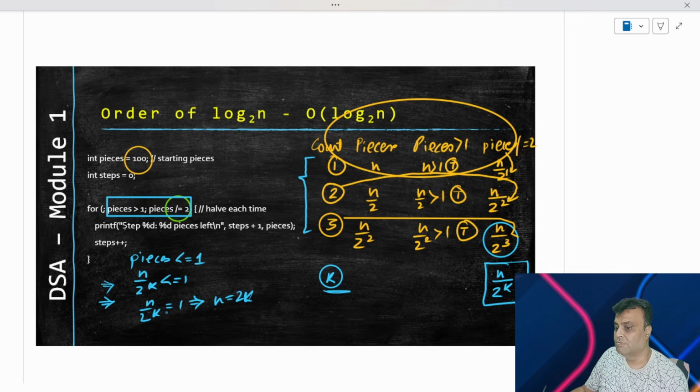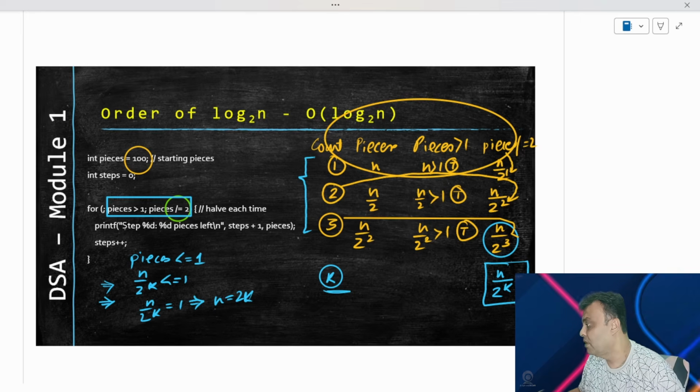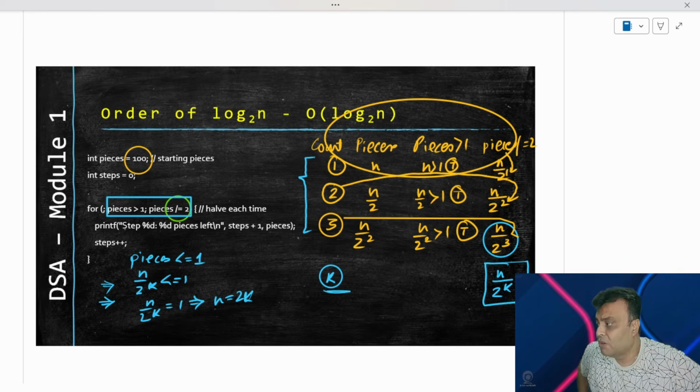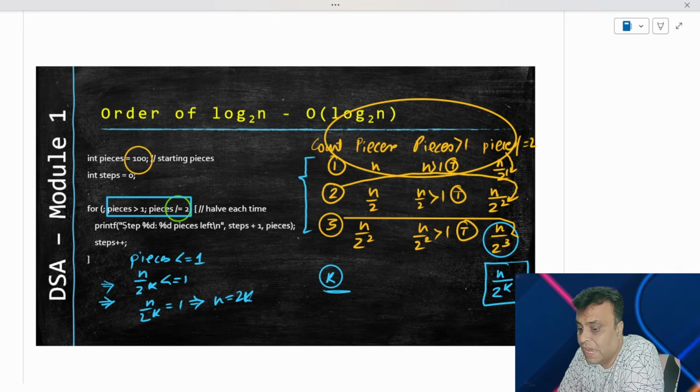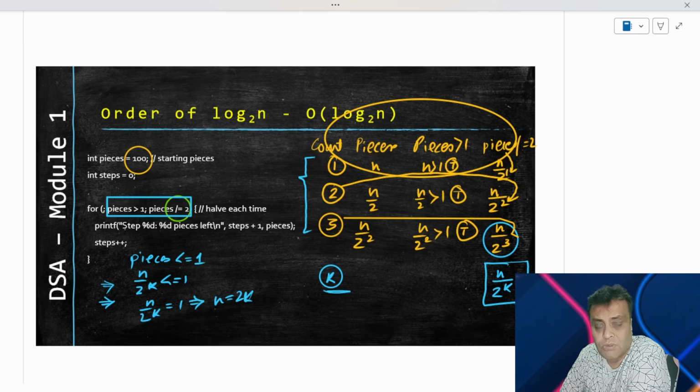Why did I take equal to? Because when it becomes equal to, at that point the boundary condition starts and it will slowly start falling behind, and it will stop immediately at n equal to 1. So the equal to part of 1 is the starting point of it stopping. So once it has stopped, there's no point going behind on the equal to front. So we have taken equal to as the point when it stops. So it stops when n equal to 2 to the power k.